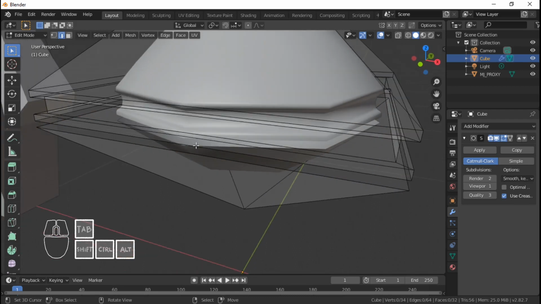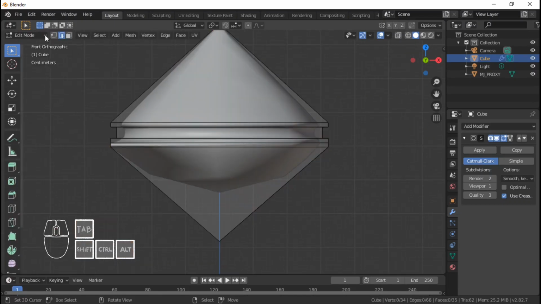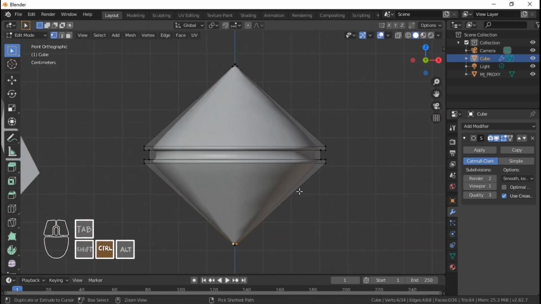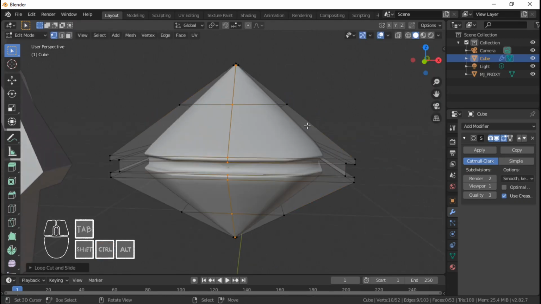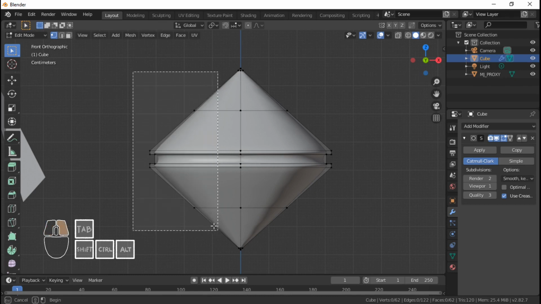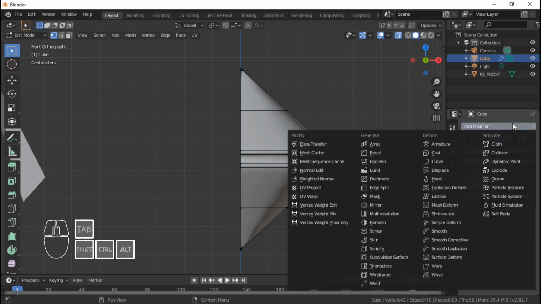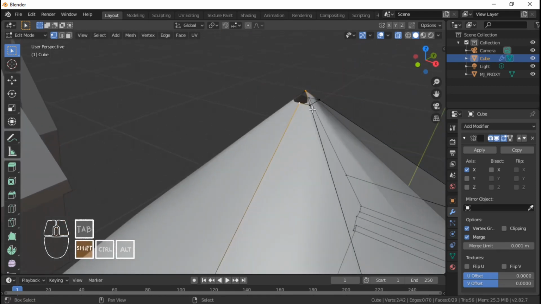And turn off X-rays, so it's not that confusing. I'm just gonna close that up right there, and then I'm gonna do the same thing. So I'm just gonna bring that down, and then now I'm going to try to bring back the angle on the sides there. So I'm gonna add an edge loop here, like that. I'm going to try and add something like this. Maybe it'll work. Actually, yeah, let's do that. I'm gonna select and turn on X-ray first, and select everything right here, including the ones right there. And do this. I'm gonna delete those vertices, and I'm gonna add mirror. Put it right at the top. And now I'm gonna close these open gaps right here